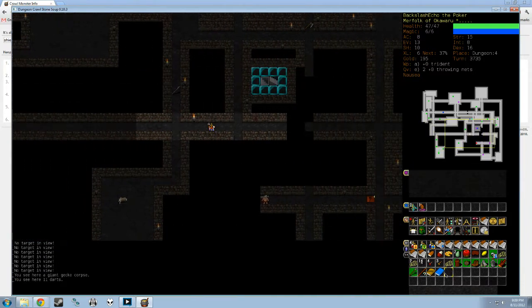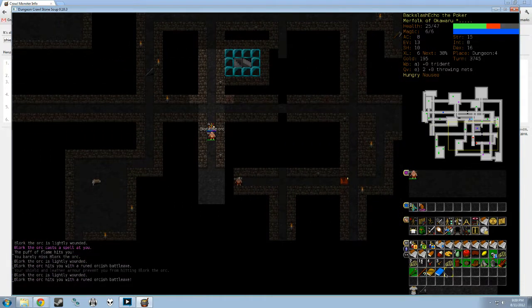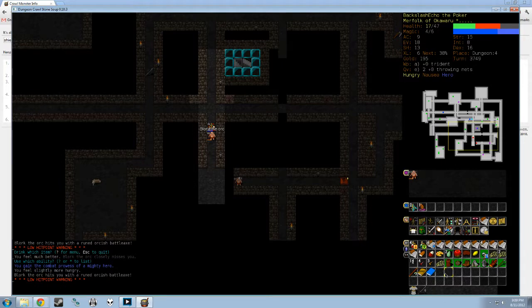La la la la la. Kill the orc. Oh god, Blork. I did not mean to wake up Blork the orc yet. Okay, this is really bad. That hurts a lot. I am going to drink that and activate Heroism, Okawaru's first ability, which as you can